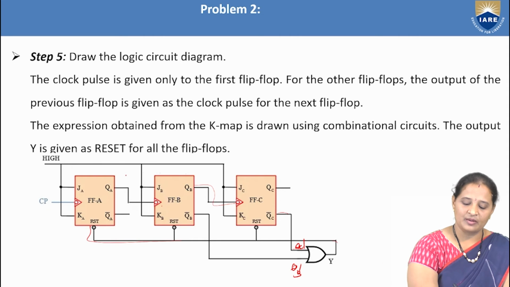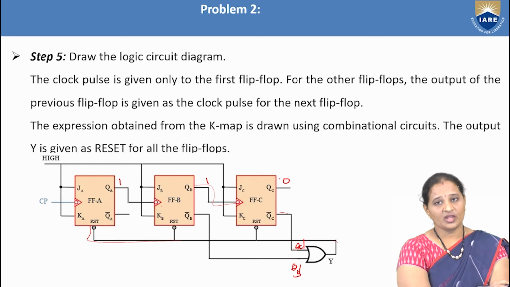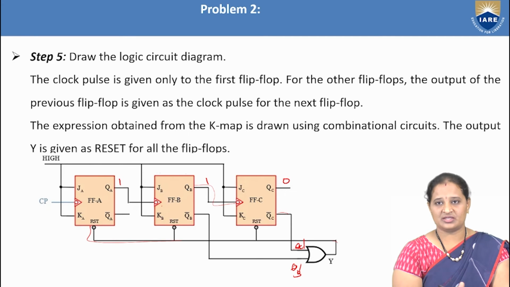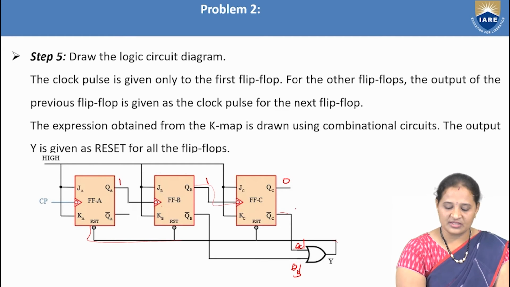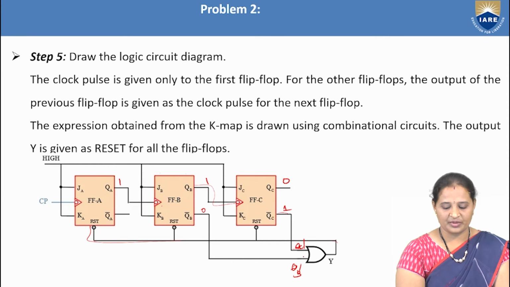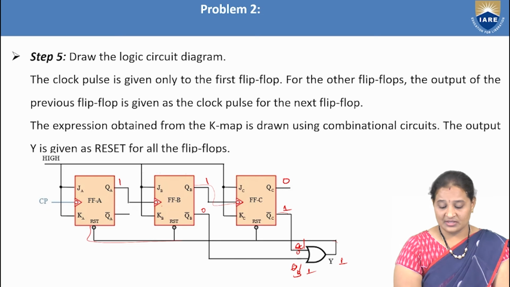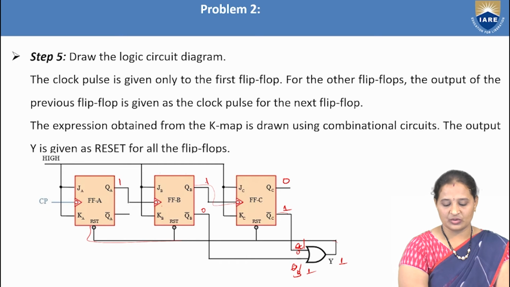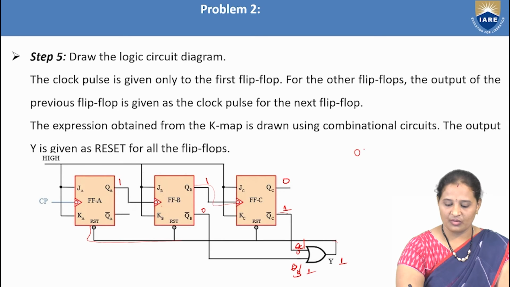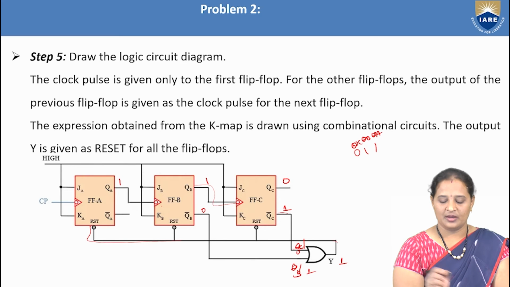So here, for example, let us consider the unused state 110. When unused state, it has to reset the flip-flops, right? So if it is 0, it becomes 1, and if it is 1, it becomes 0. So what is the output here? 0 plus 1, it is 1. Okay. So here, now what happens? As it is becoming 1 here, so it is 1 0 and it is 0, 0 1 1, right? So this is QC, QB, QA, right?